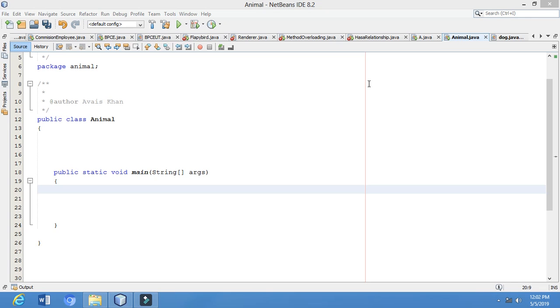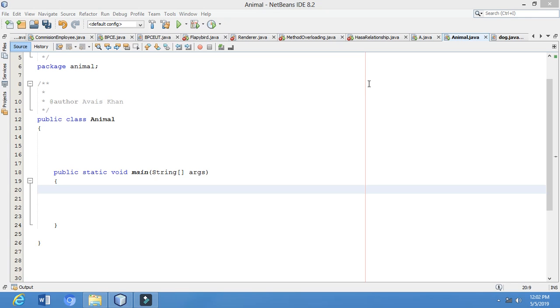My name is Abesur Rahman, and today I'm going to discuss inheritance and its types with you guys. So what is inheritance? Inheritance is one of the key features of object-oriented programming. It provides a mechanism that allows a class to inherit the properties of another class. More technically, it is the process where one class acquires the properties, methods and fields